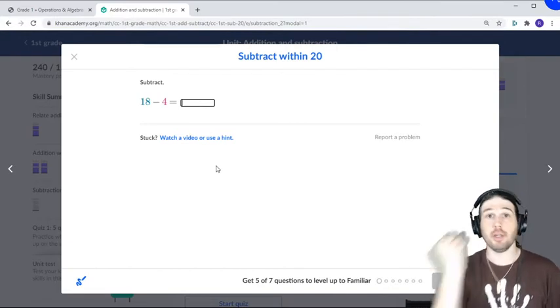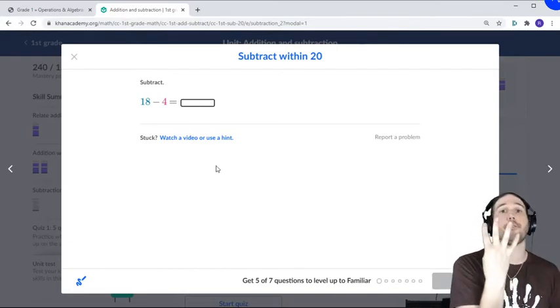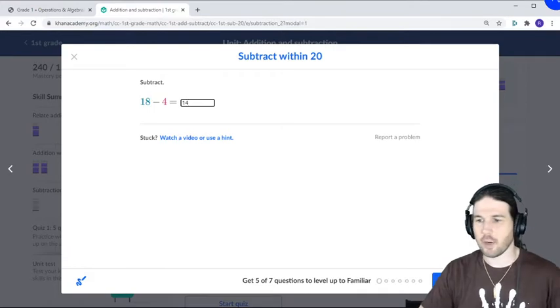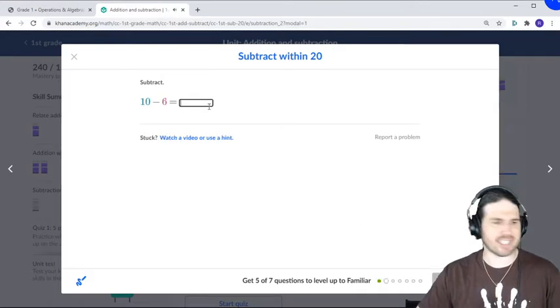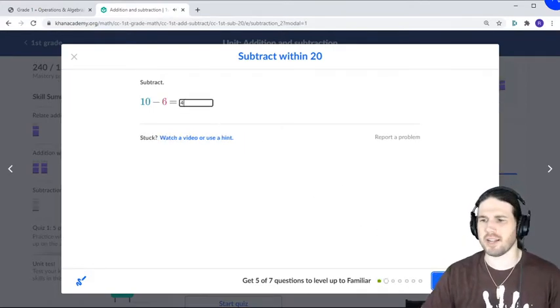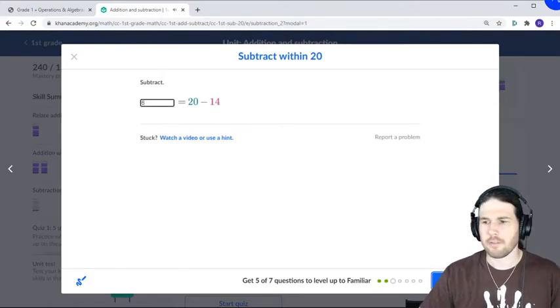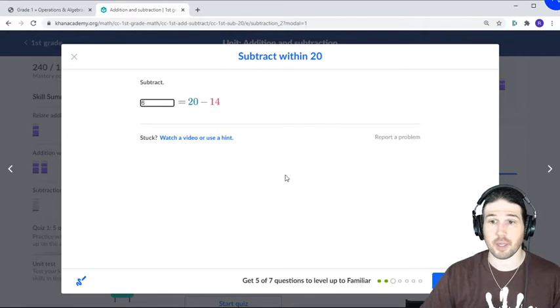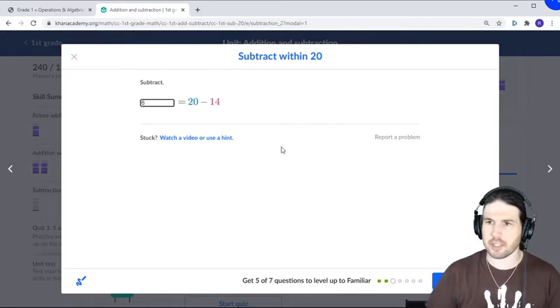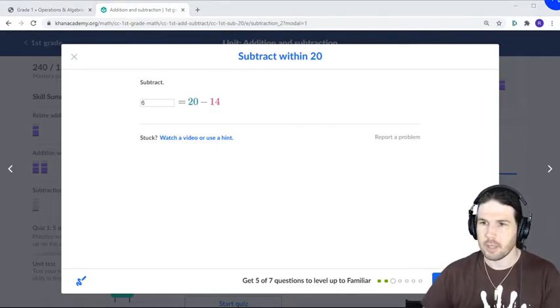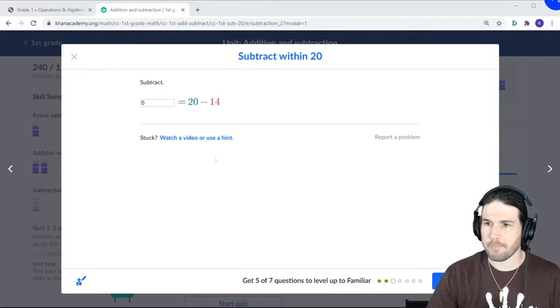18 minus 4, 17, 16, 15, 14. I know I keep saying this, but for God's sake, please do not shame your students or your children for using their fingers, okay? Now, this 20 minus 14 is super fascinating to me because you could think of it